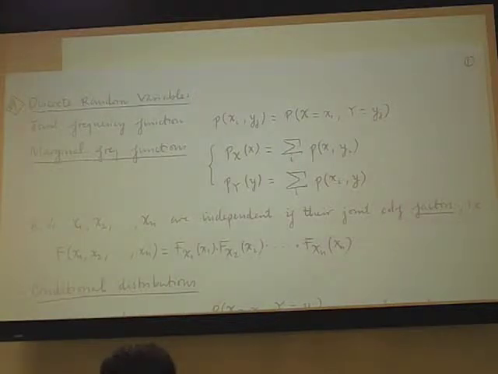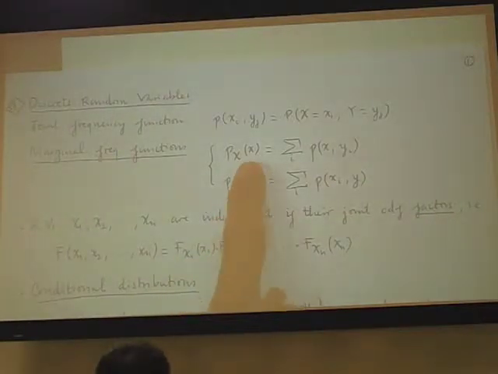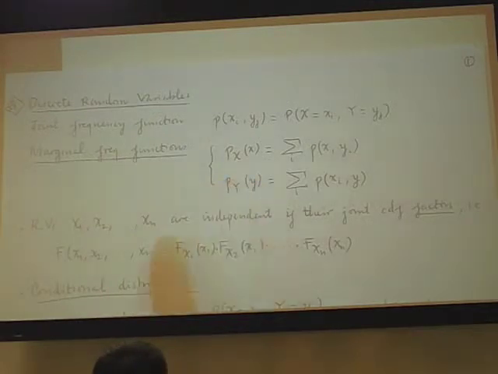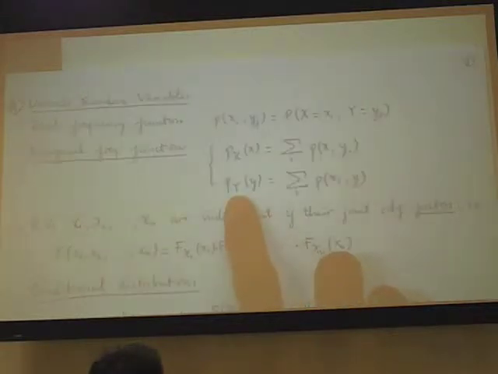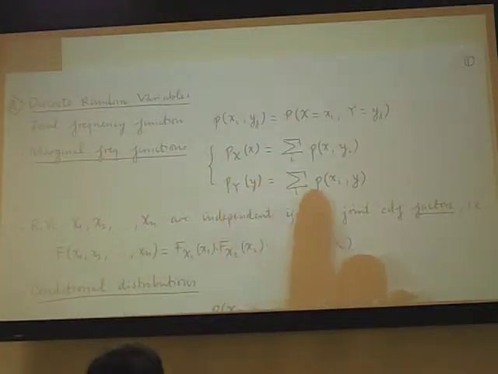The joint density function, if you hold one component constant and you have only the other variable, you compute the frequency function for that by summing over all x, just like in the past. And likewise, if you want to compute the marginal y right here, you just hold